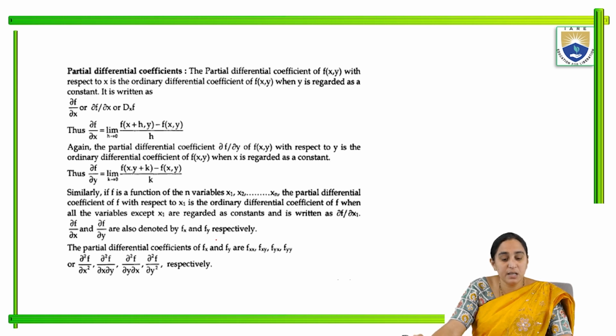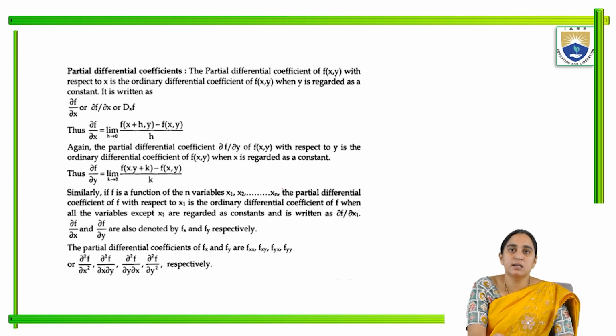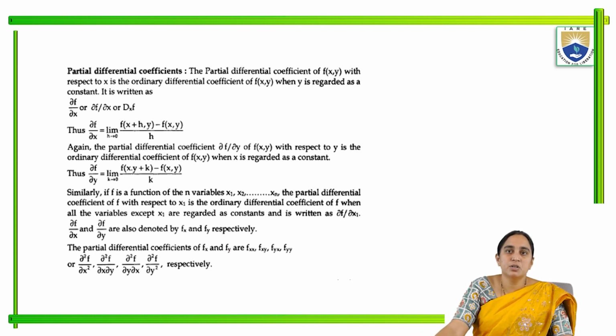Similarly, if f is a function of n variables x1, x2 and so on up to xn, the partial differential coefficient of f with respect to x1 is the ordinary differential coefficient of f when all the variables except x1 are regarded as constants, and is written as ∂f/∂x1. ∂f/∂x and ∂f/∂y are also denoted by f_x and f_y respectively. If the function is in n variables, we write ∂f/∂x1, ∂f/∂x2 and so on. Similarly, here we denote ∂f/∂x as f_x and ∂f/∂y